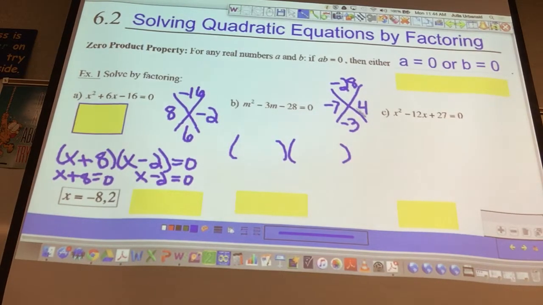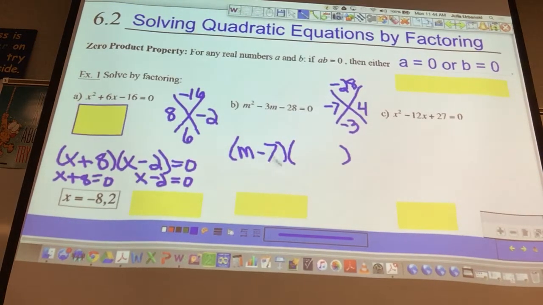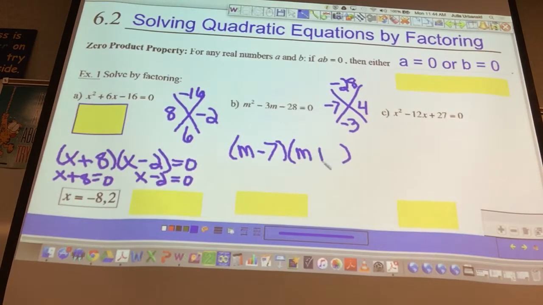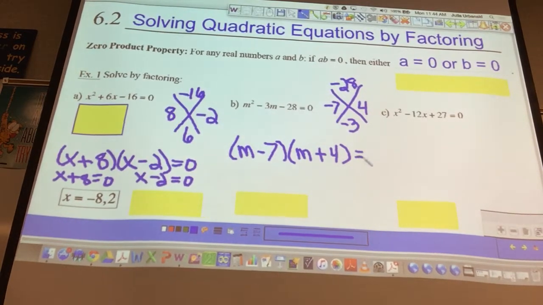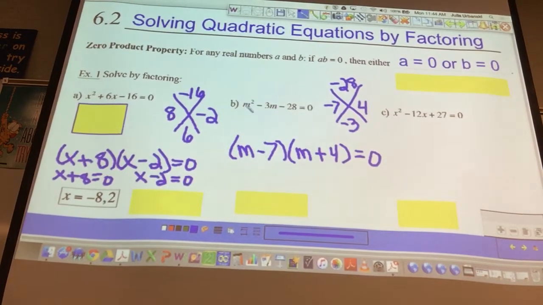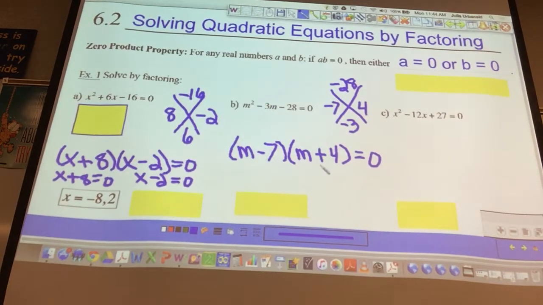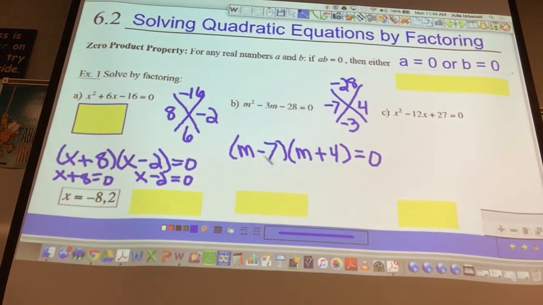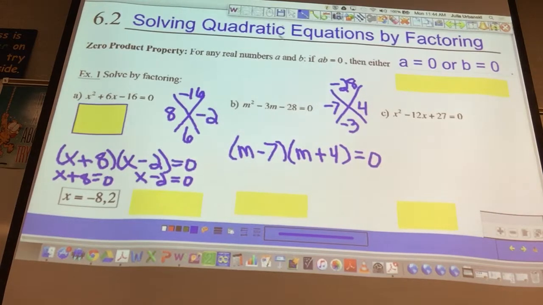Now, because there's no number in front right here, I don't have to do any additional work. I say m minus 7 and m plus 4 equals 0. But that doesn't work every single time. Only when there's not a number in front. So looking at that, we take both signs and we switch it. M would be positive 7 or